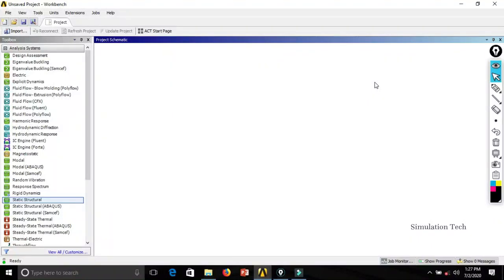Okay, so in our previous session we have seen what CAE is and how it actually works, and what FEA is, what a numerical method is, and elements and nodes. These were already covered in our previous session. So today we will see an introduction to ANSYS, and what the graphical user interface of ANSYS is.